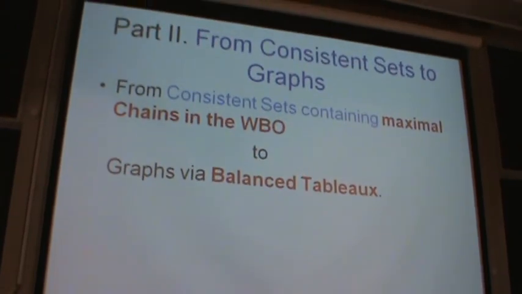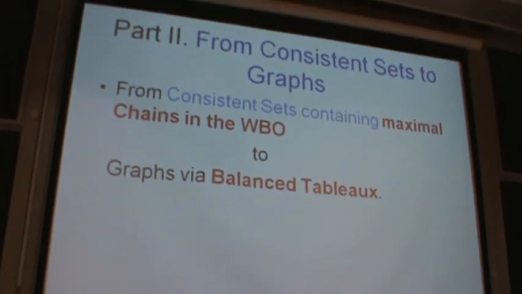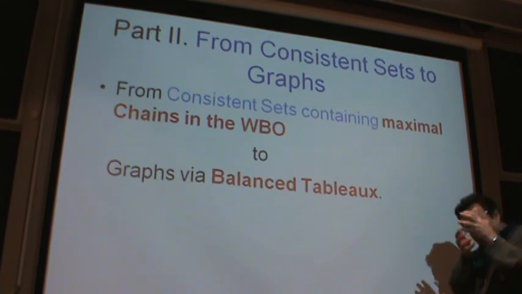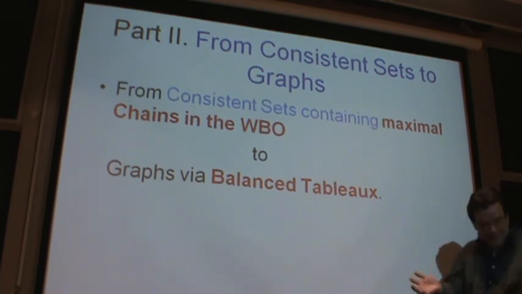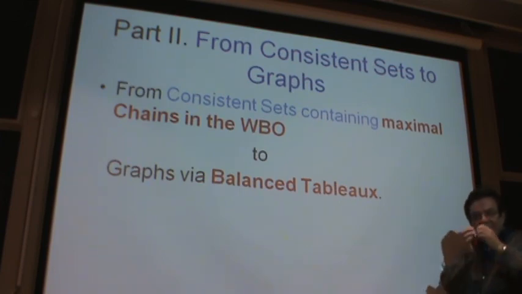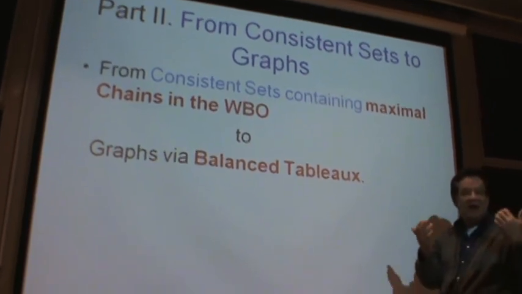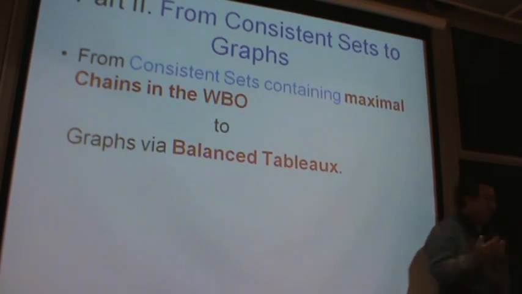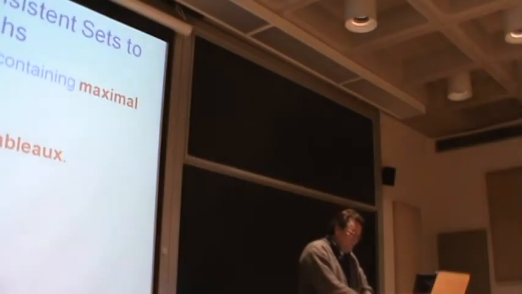So now let's go to graphs. How are we going to get graphs from this? What we are going to do is take a maximal chain. Why maximal chain? Because the maximal chain determines the entire set. That's the theorem. So we are going to take maximal chains and build some graphs out of it. And there is this beautiful way to do it,